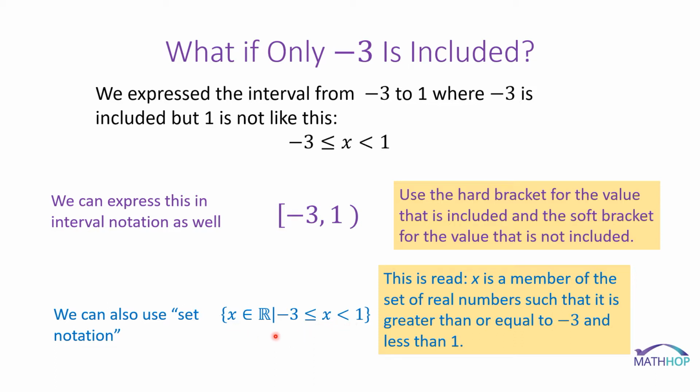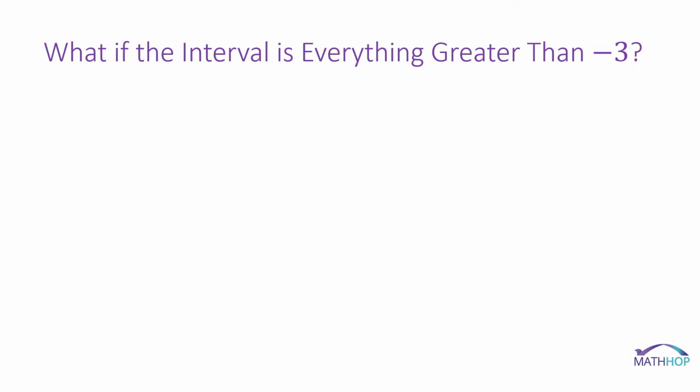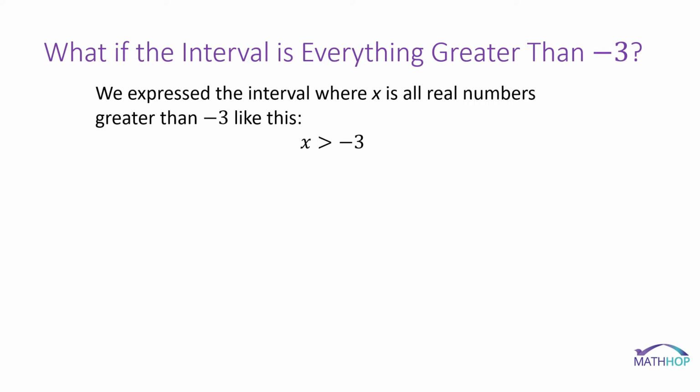Okay, so anything we can represent with interval notation, we can use set notation to represent. Okay, how about if everything is greater than -3? With an inequality, this was really easy. We just said x is greater than -3, right? That was really easy. Okay, well, in interval notation, we again say soft bracket -3, comma, infinity, because everything greater